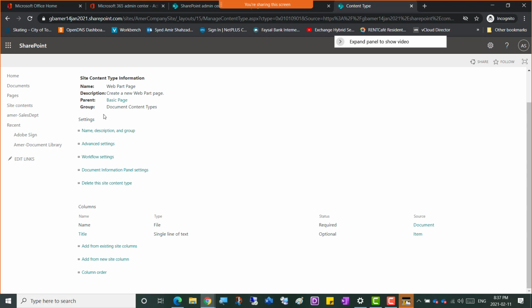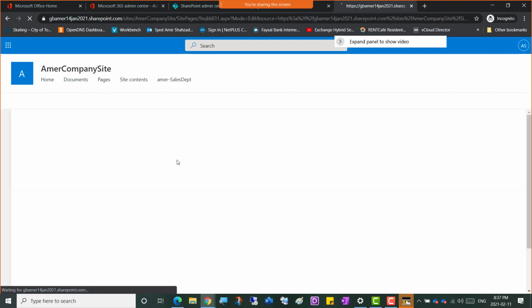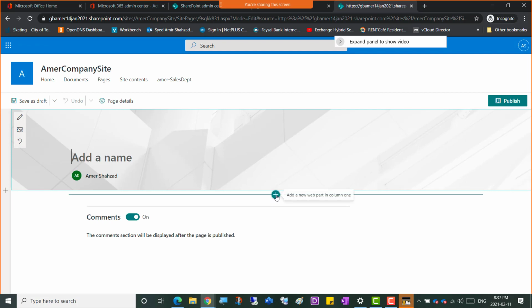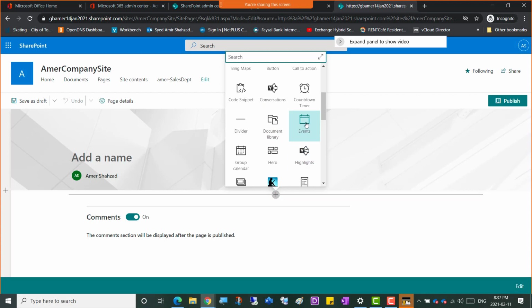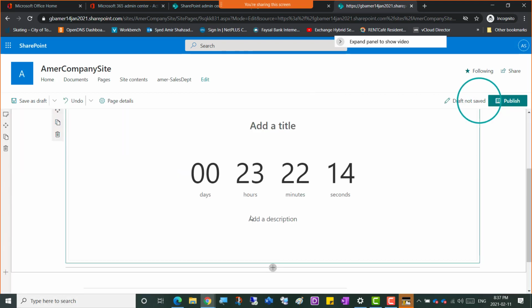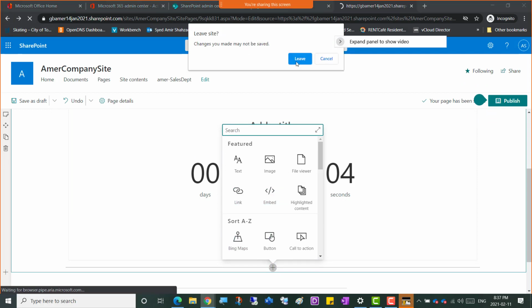Just to remind you what a web part was, you don't have to go there, I'm just showing you. If I go to pages on the left side and then create a new site page, and click the plus sign here, these are all the web parts, right? Suppose we were adding a countdown timer, it will just add a countdown timer here. So this is the long list of web parts that were there. This is what we're talking about. I'm just going to leave from here